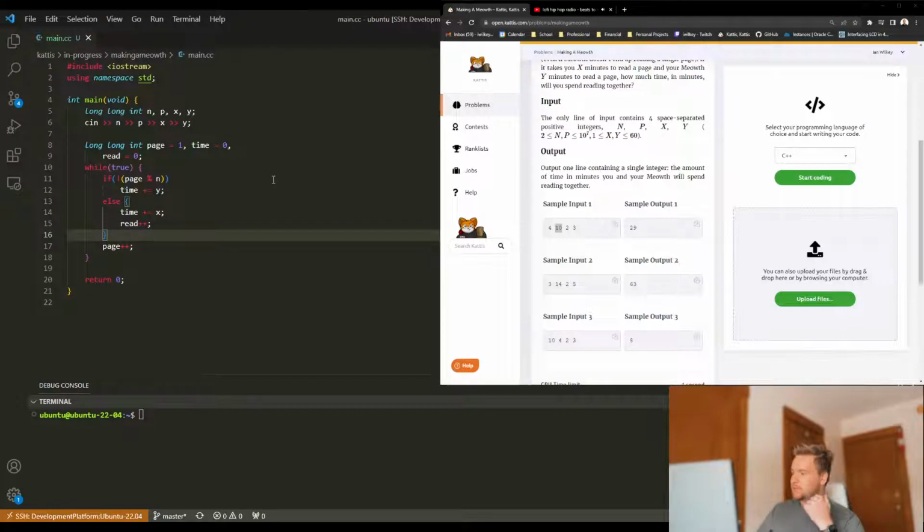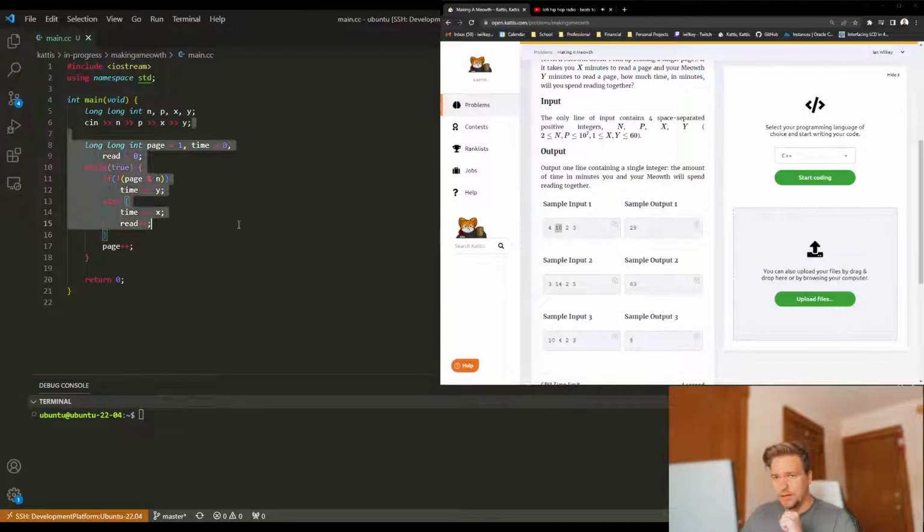Okay, so now this is where we need to think of it logically, right? We need to break out of this loop after we've read all of our pages, except we need to keep in mind that there could be situations where we're done reading, but we let the Pokemon read or whatever. And so in that case, what we need to do